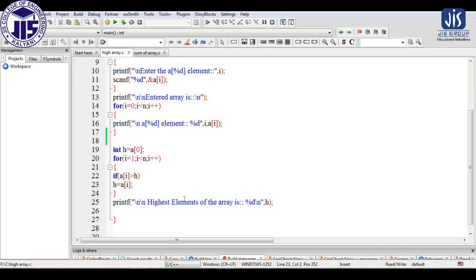As you can see, to perform operations on an array successfully, there are two main things we have to focus on. The first one is the loop, and the second one is the representation of the element, that is, how we are representing the elements and how we are accessing them using a loop. These two are the main focus points for performing any operation on an array. In that way we can execute a lot of programs and perform a lot of operations on arrays. These two are very simple examples of arrays.